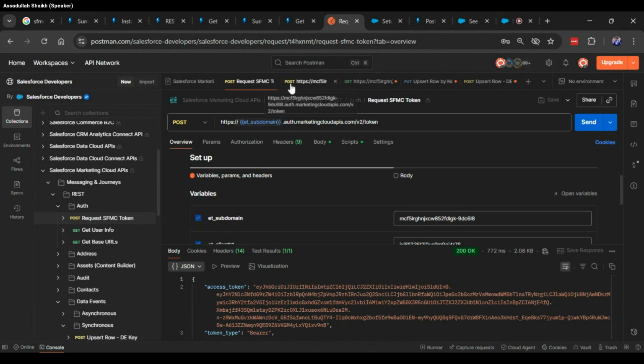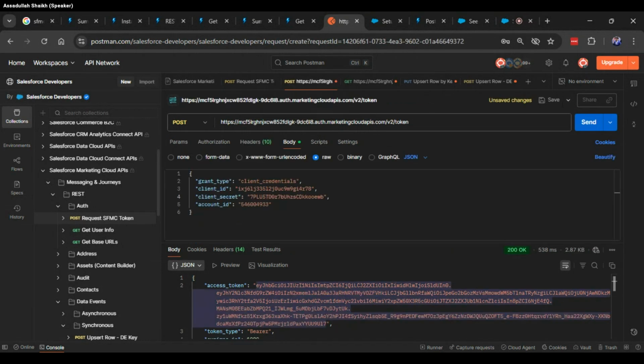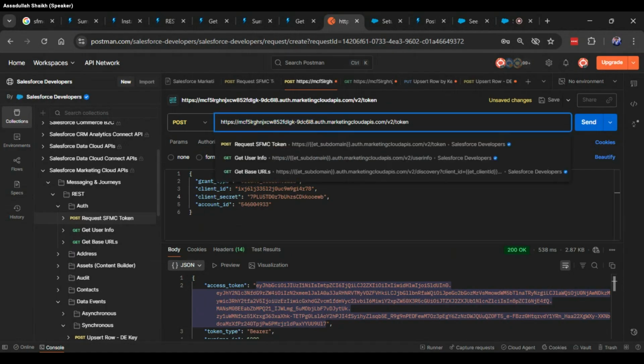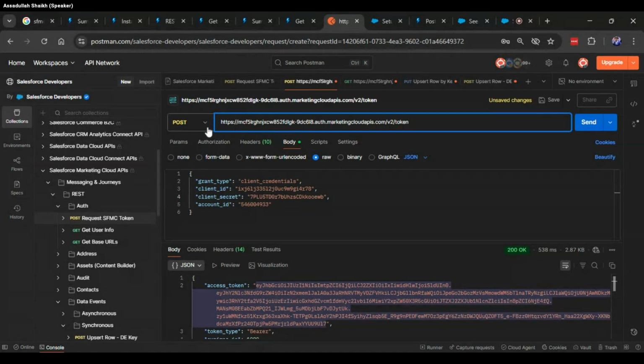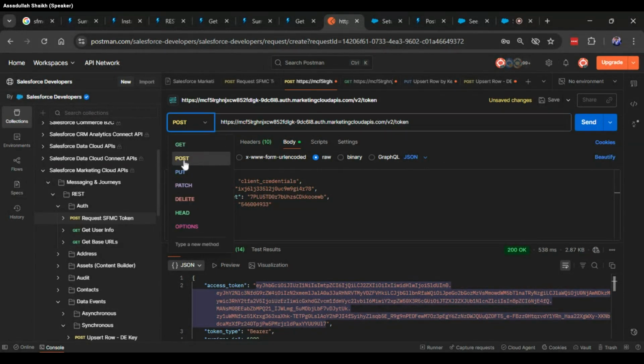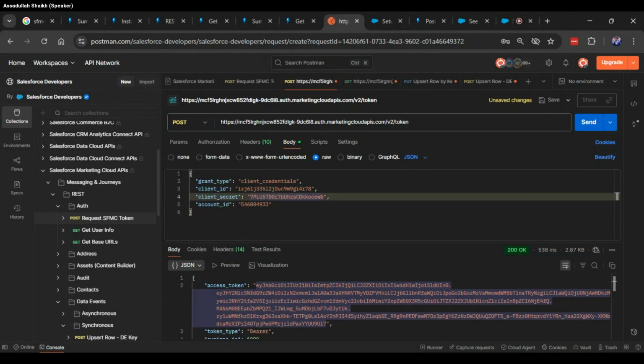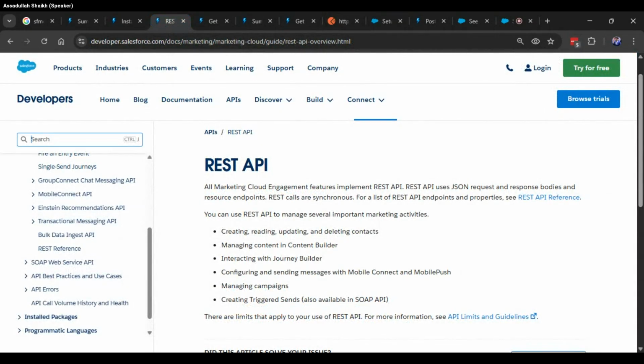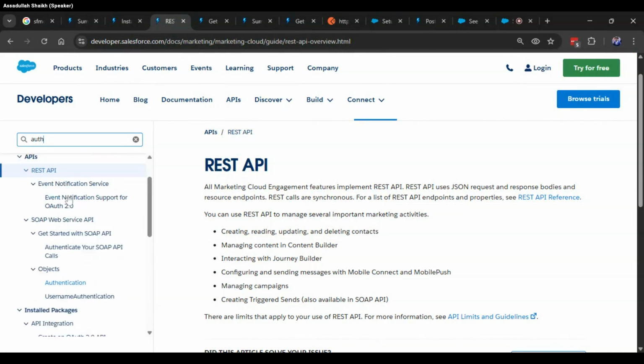So, but just to show you, to start from the very beginning, you create a new API and you copy the URL, the auth URL from the API integration connected app. You paste it here and select the post protocol, and then it has a certain format. So if I can show you the auth API,